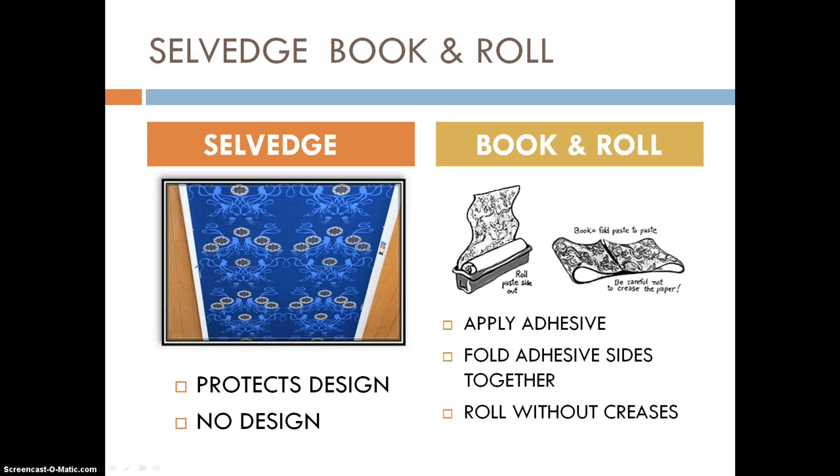All right. So now we have selvage and book and roll. The selvage is what protects the design, and it's the area around the wallpaper with no design. And then we have book and roll, so you apply the adhesive to the wallpaper or wall covering, then you fold the adhesive sides together, so it's just shown in that picture. And then you're able to roll the wallpaper without creases,